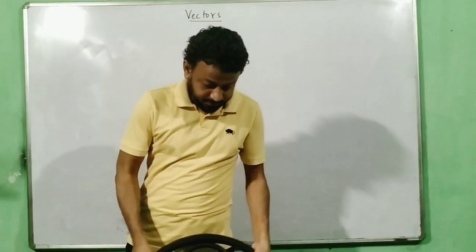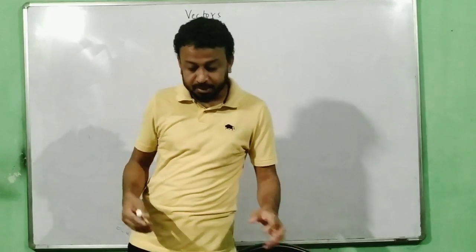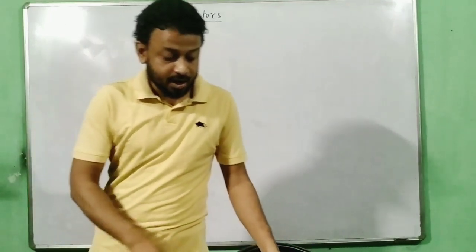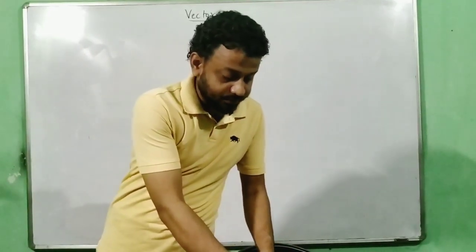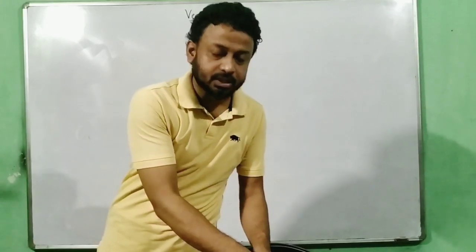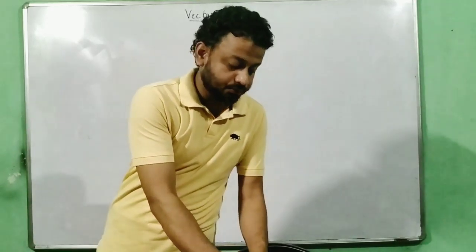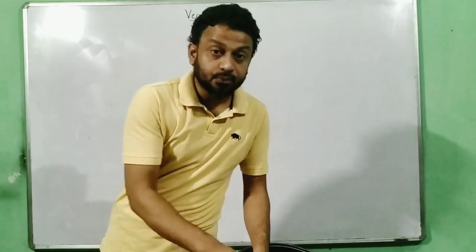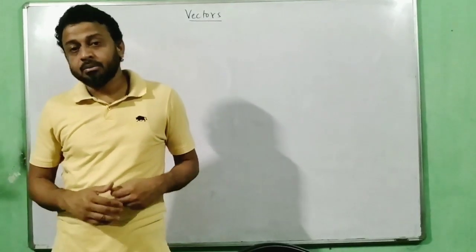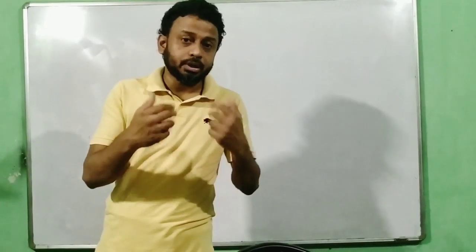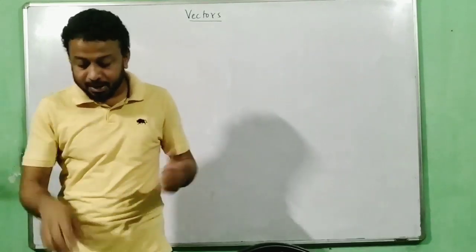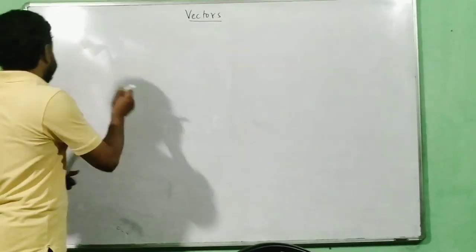Now, I have assumed that you have undergone the preliminary ideas of vectors. What I'm going to specifically discuss in vectors, especially in today's class, is how to find the resultant of vectors if there are more than two in number. Of course, you have learned a formula which is